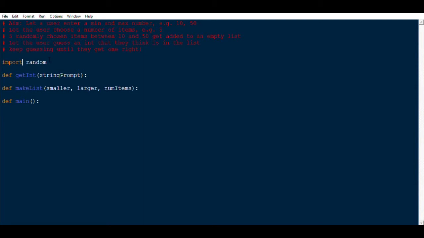Don't worry about import random. That's just going to help us later on generate this random number. It's a detail you won't need to know at this stage, but I've just included it here because we're going to need it later. So I've got a function defined using the def keyword, defined the function getInt, which takes